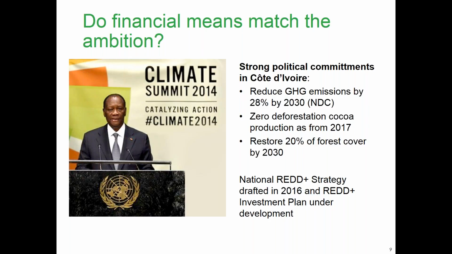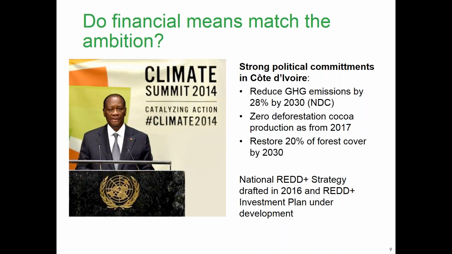For those of you who don't know Cote d'Ivoire well, this is a West African country which has lost the majority of its primary forests over the last century. At present, Cote d'Ivoire's forest cover amounts to only about 2% of the territory, and it's estimated that the country could lose its entire forest cover by 2034.